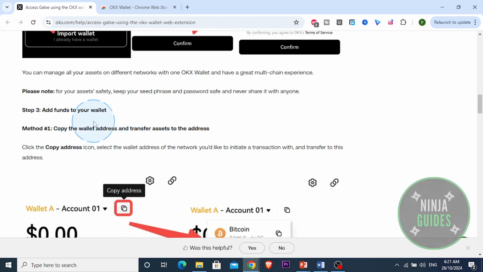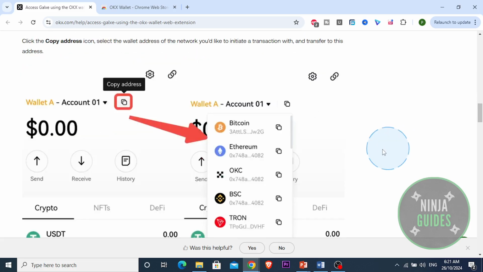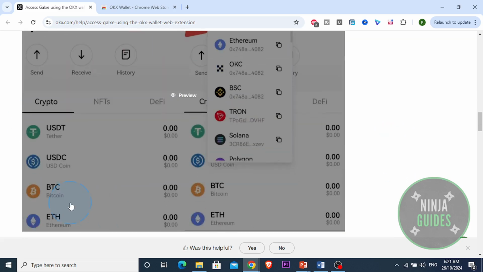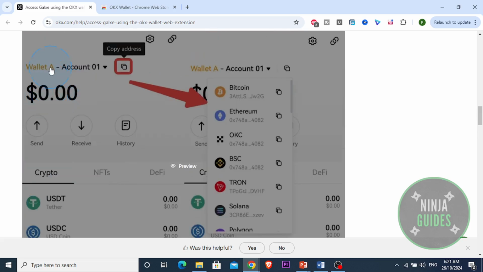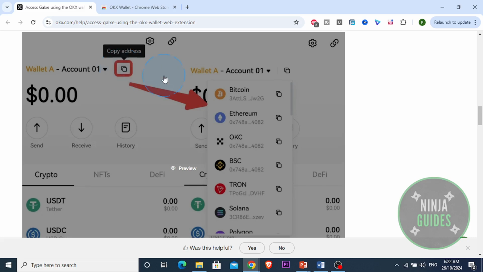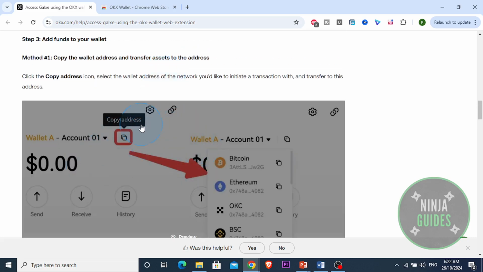But now I want to show you how to add funds to your wallet. So you have to copy the wallet address and transfer assets to the address. So the wallet address, if you want to copy your wallet address, if you haven't used crypto ever, you just come here, usually next to your amount in your wallet, you're going to have this copy icon. So if you just click that, you copy the address, and you want to note what kind of amount it is, what kind of